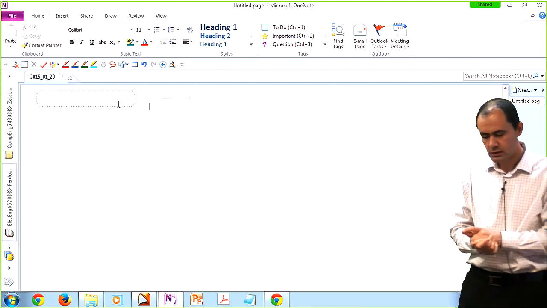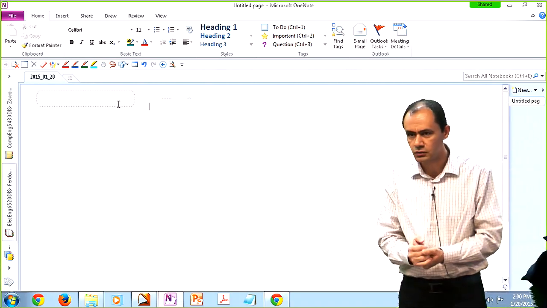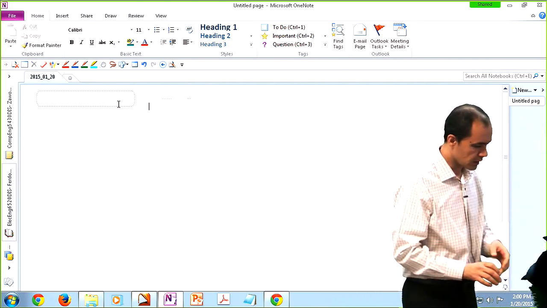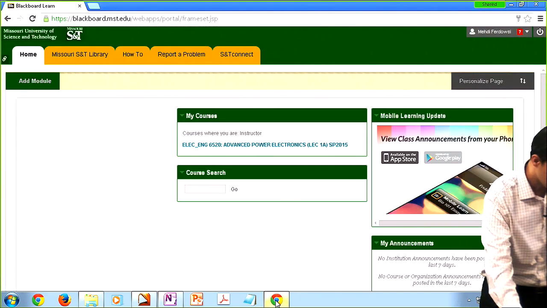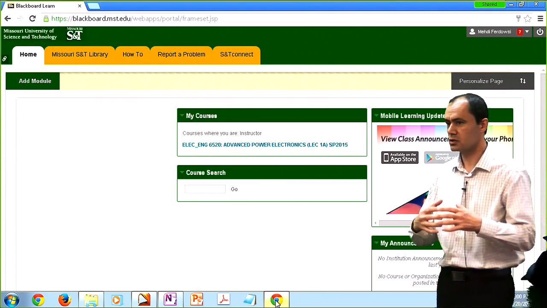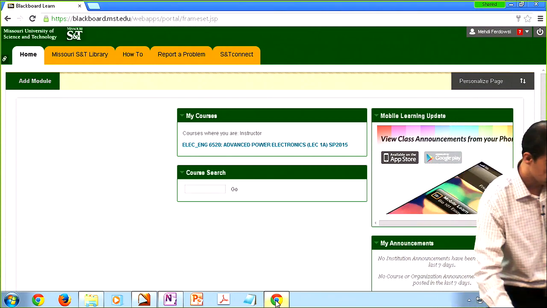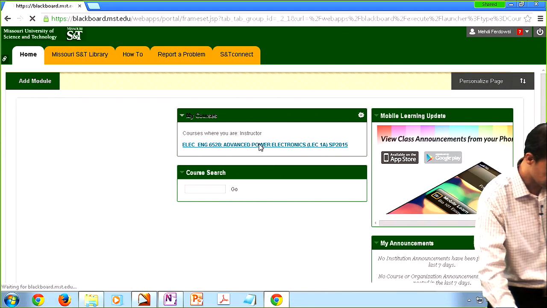So what I'm going to do today is go through the course syllabus and the schedule, and then start the material. If you are a distance student or an on-campus student, I try to merge these two sections together on Blackboard. Hopefully, by this afternoon, you will see an Advanced Power Electronics entry in your Blackboard. And if you click on it,